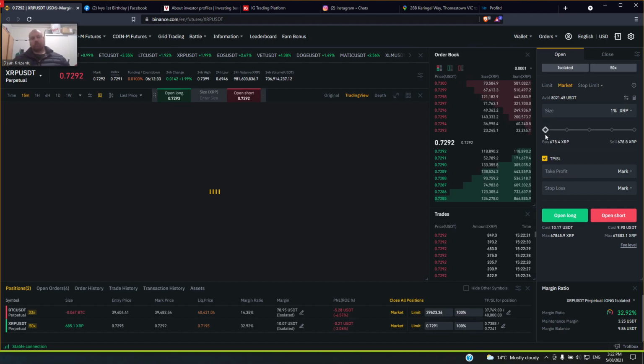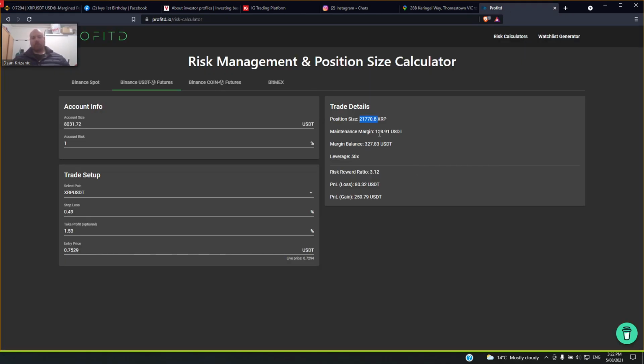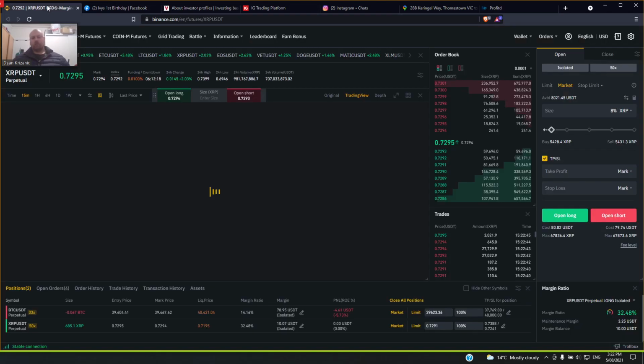So it's going to have to be 8% at 50x on here, which would give me sort of close. Still doesn't even give me that position size, so it's 21,770.8 XRP. It's only giving me 5,428.4. So if I need that 20,000,